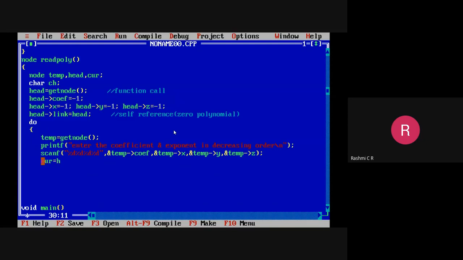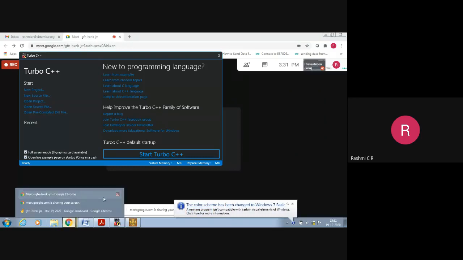So for doing that, I'll start with the header node. Suppose you have already multiple terms present, two or more terms, in that case you have to identify the last node. How do I identify the last node? By identifying the link part. So what is the difference between singly linked list and circular singly linked list? In singly linked list, when you consider the last node, its link part was equal to null. But when you consider the circular singly linked list, what happens to the link part? Maybe I have told you this.